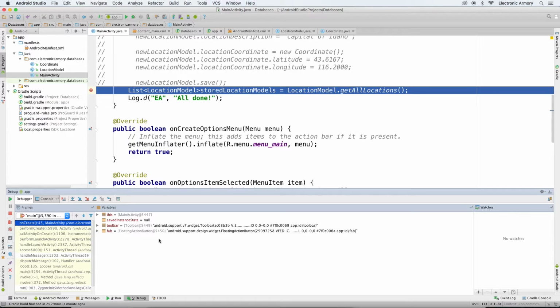Over in this window over here in the center, in the bottom, we have all of our variables that are in scope. We have this, which is the class that we're in currently, and our saved instance state, which is passed in as a parameter to our onCreate method. As you can see, it's null, which means this is the first time that it's launching. The one that we're interested in is stored location models, but it doesn't exist yet because we haven't executed this